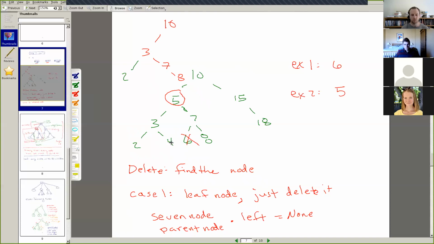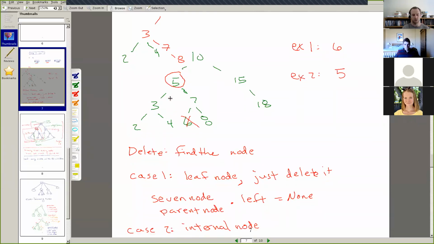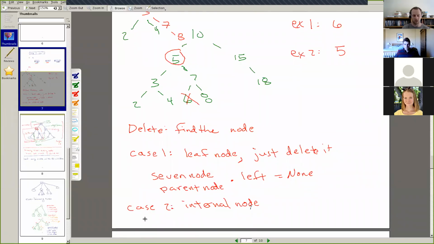But what would we do with this right child of 4? We would be trying to have 2 right children of 4. So this is a problem. This 4 and this 7 can't both be the right child of 3. So our first idea of reusing a child, replace with a child, does not work.